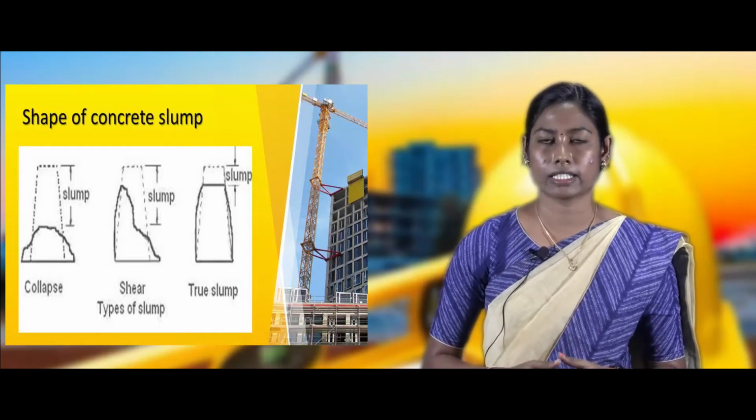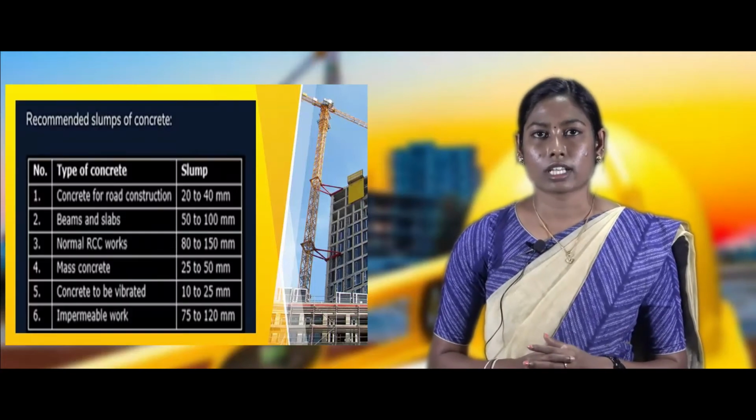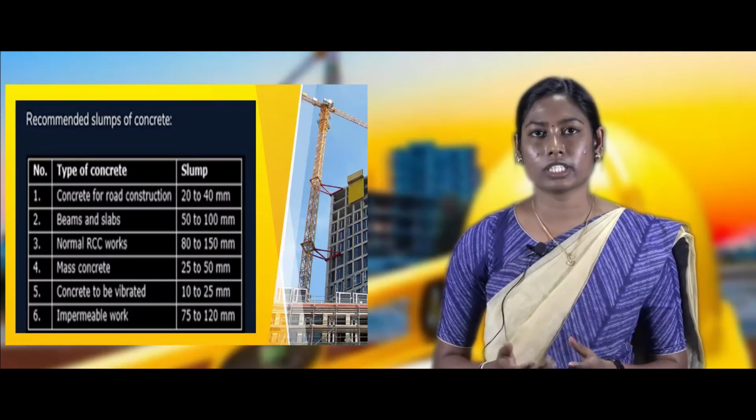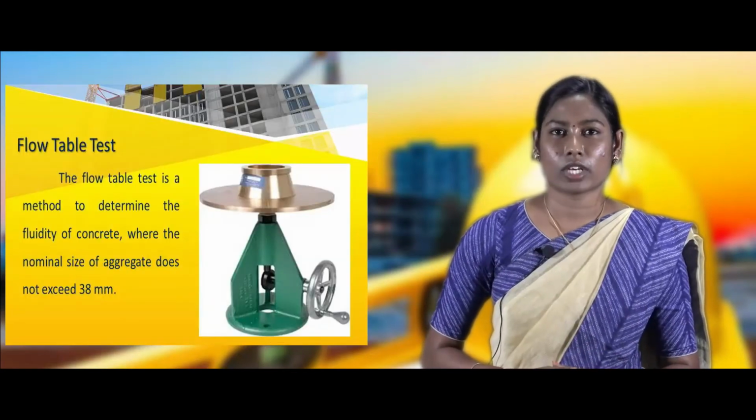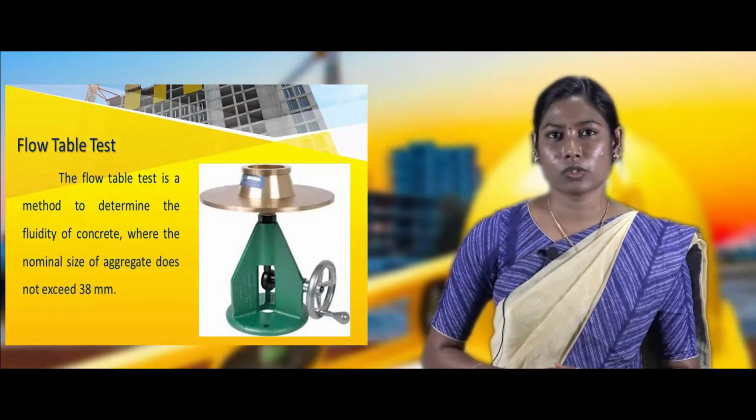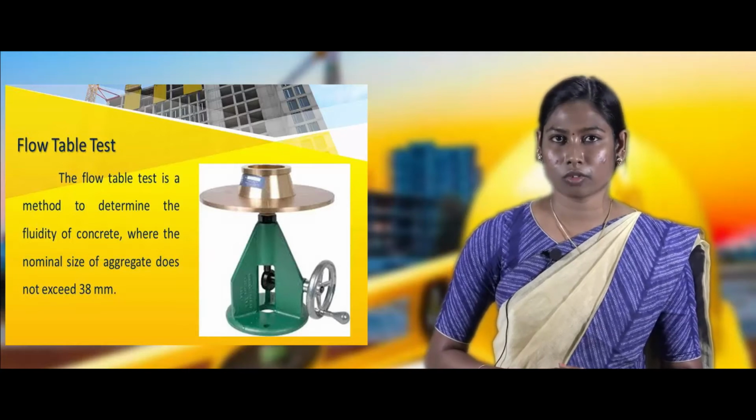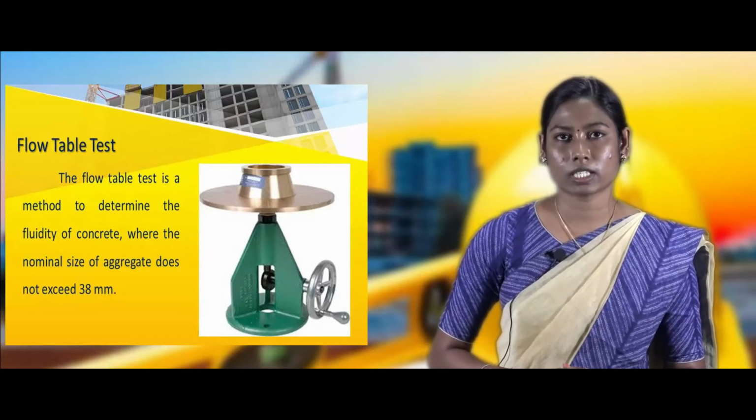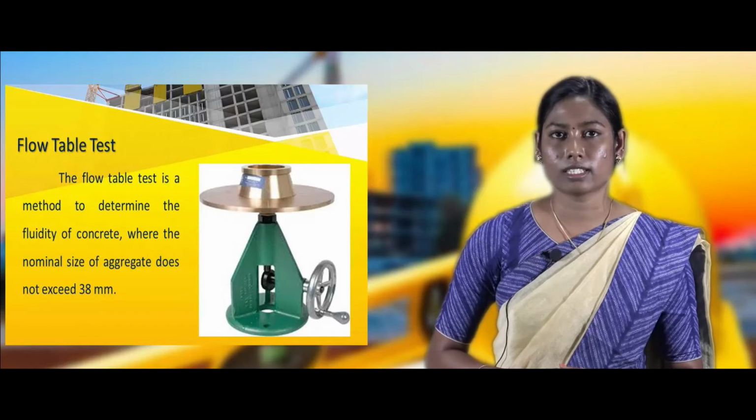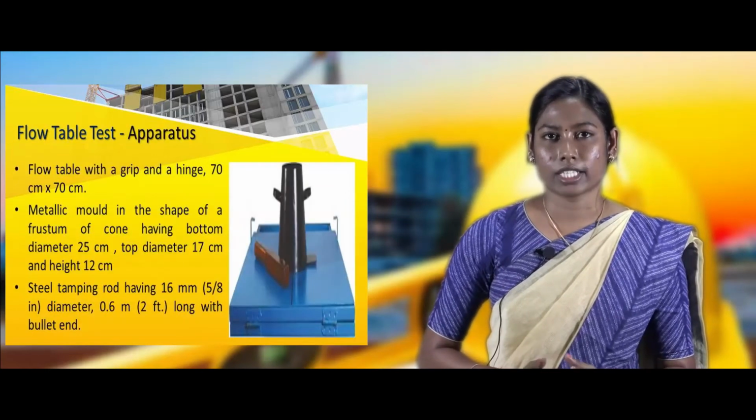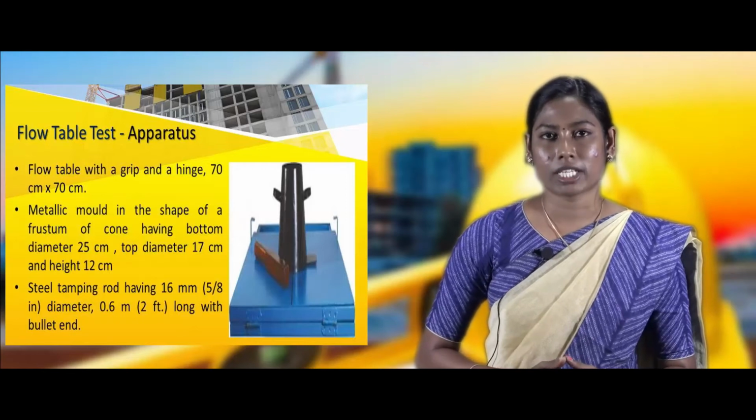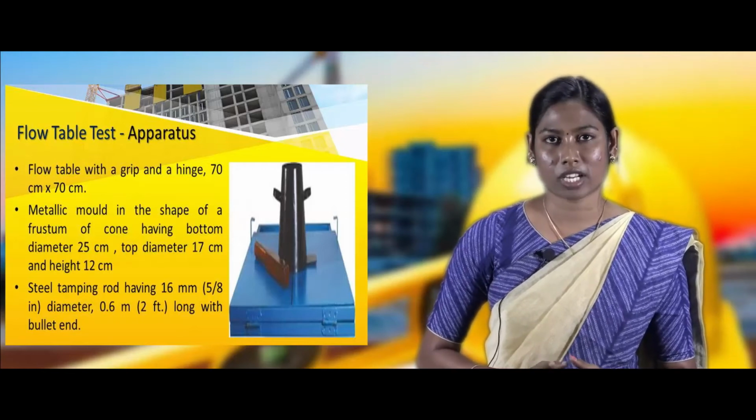concrete mix ingredients. This chart shows the slump value of concrete for different degrees of workability for various placing conditions. Let's see the flow table test. The flow table test is used to measure the fluidity of concrete where the nominal size of aggregate does not exceed 38 mm. The apparatus used to conduct the flow table test are a metallic mold in the shape of a frustum cone